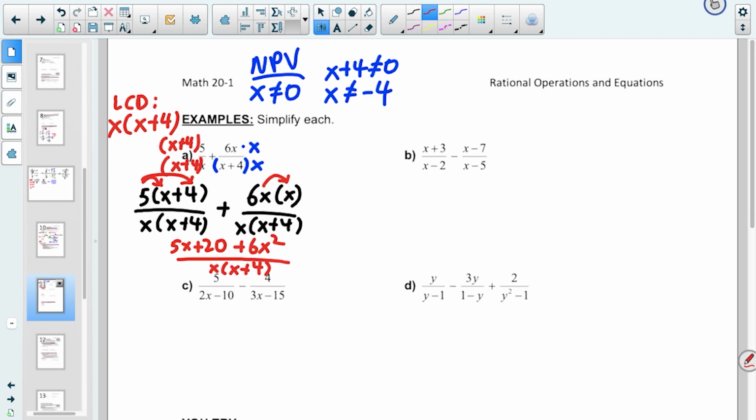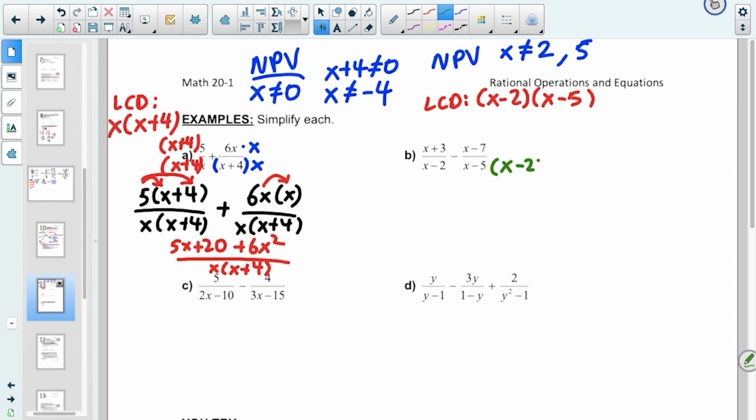For the second question, we're going to go ahead and find our LCD first. So in this case, our LCD is going to be our two factors multiplied with each other, so x minus 2 and x minus 5. And then our NPVs, we have NPVs of x cannot equal 2 or positive 5. So let's go ahead and start to multiply both the top and the bottom. So in this case, I need an x minus 2 on the bottom, which means I also need an x minus 2 on top. I need an x minus 5 on the bottom, which means I need x minus 5 up top. So we'll end up with x minus 5, x plus 3